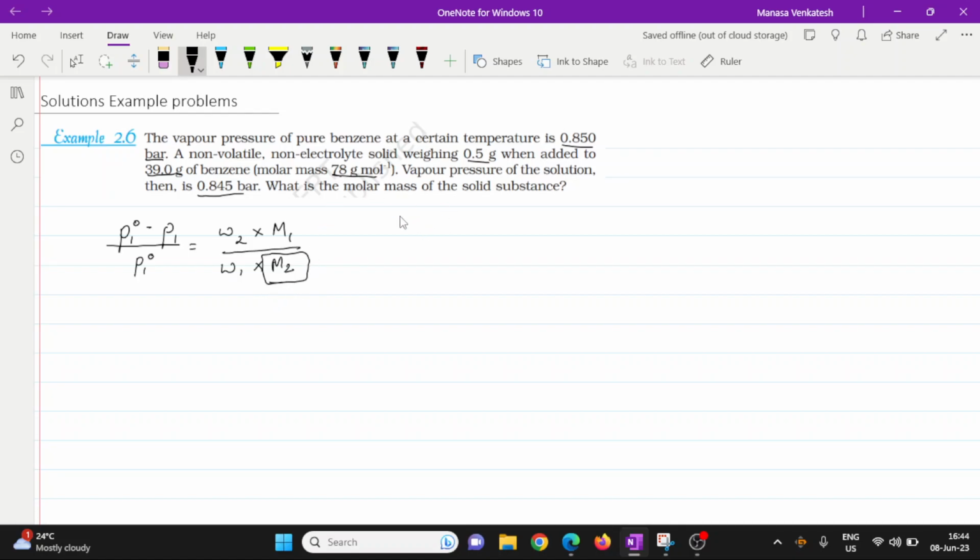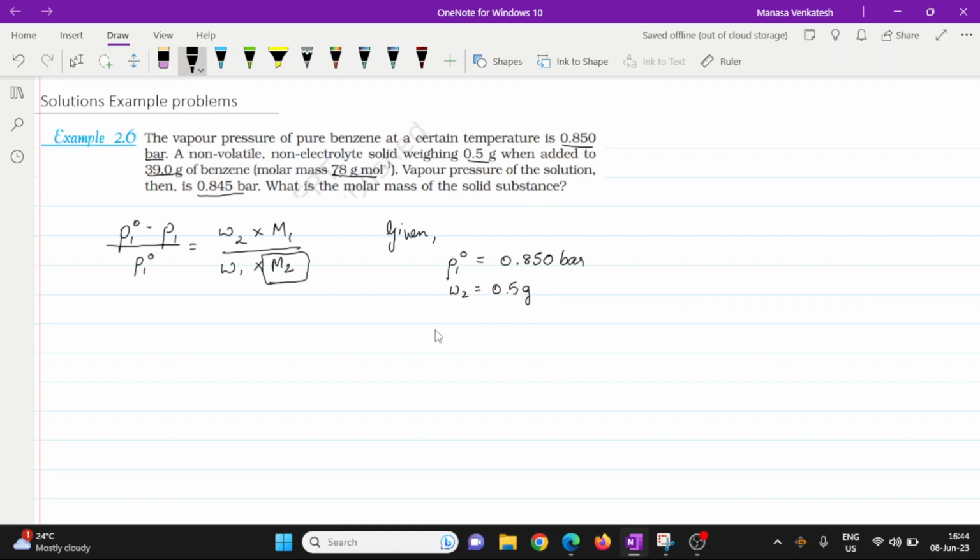So we've been given the following values, and basically it's going to be just substituting the different values that have been given. First of all, the vapor pressure of pure benzene, that is 0.850 bar. So that is P1 naught, equal to 0.850 bar. The next one is the solid that weighs 0.5 grams. So this is the solute, right? So this is the mass of the solute. So W2 equals